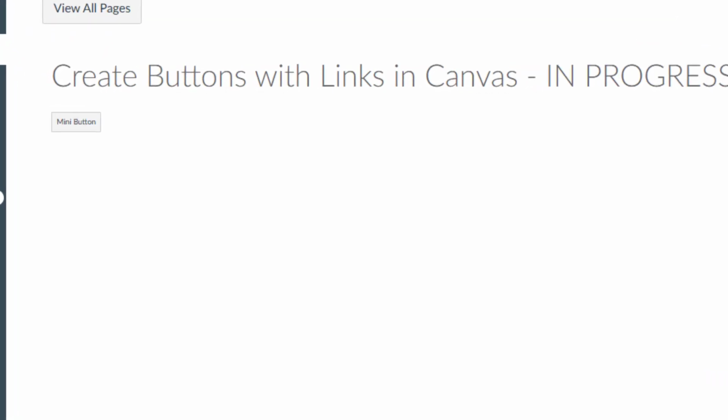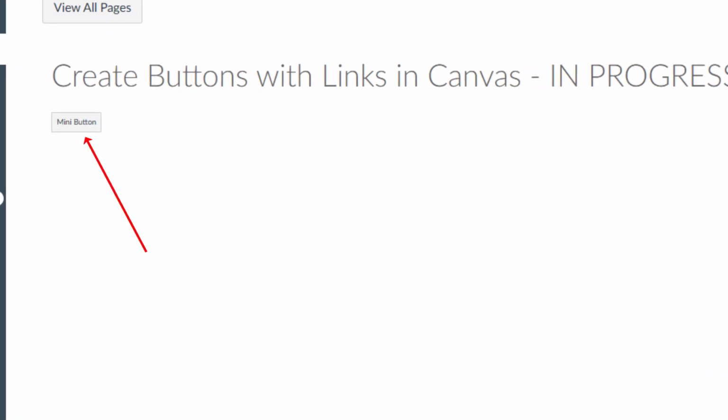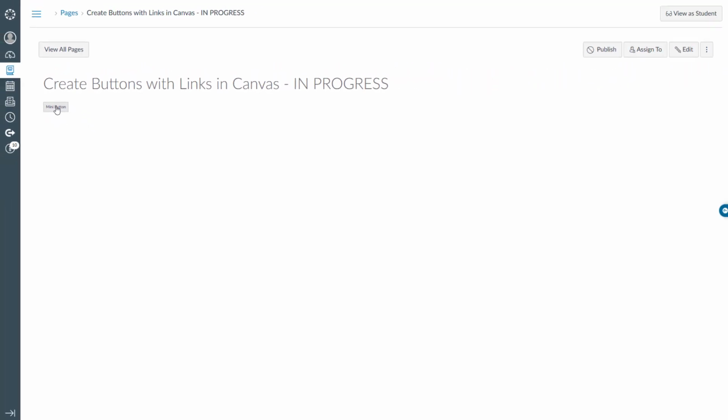Once the page is saved, you will notice the buttons now appear as clickable objects. When you hover over them, the pointer changes to a hand cursor. However, when clicked, the buttons won't open a page yet because we haven't linked them. Additionally, the button color will change to a lighter gray to indicate interactivity. Let's proceed to create the other button sizes.